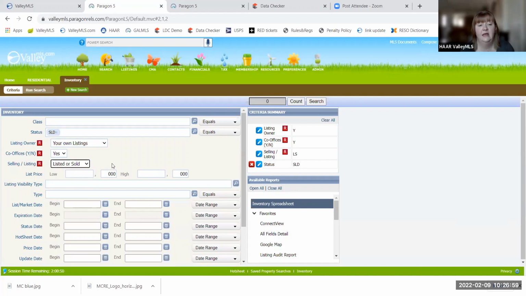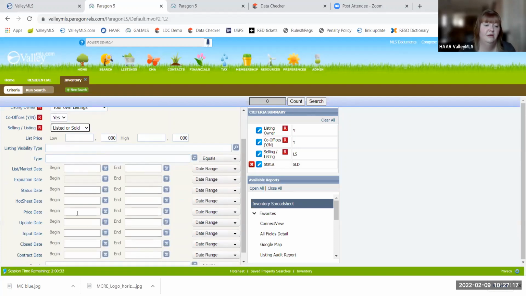And if it happens that they are on both sides of one transaction, just bear in mind it will only show it once, because it's literally bringing up the listing. It's showing you the property, not necessarily the transaction. So it'll bring up a list of everything you've done. If you want to just only have a certain date range, you come down here to the close date and you put the range that you want. I do recommend actually entering the dates and not using the date range buttons. I just don't trust them.